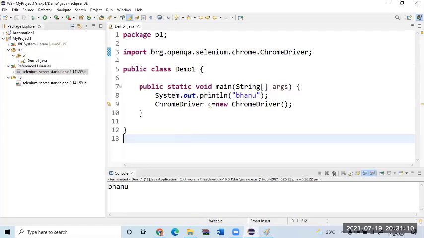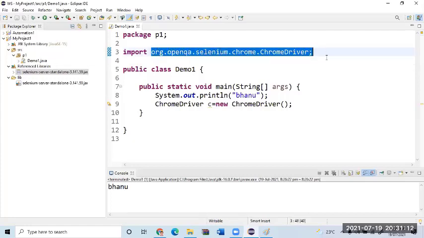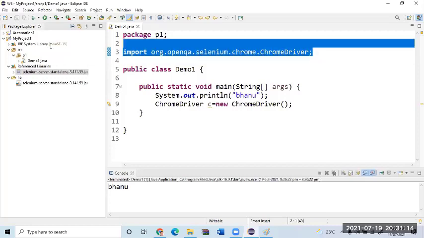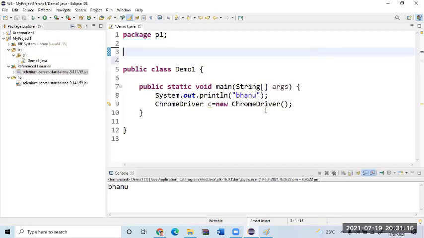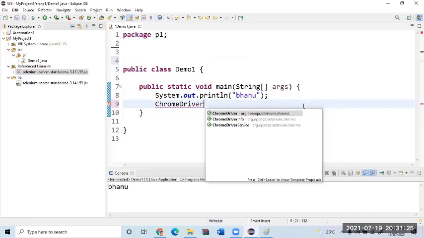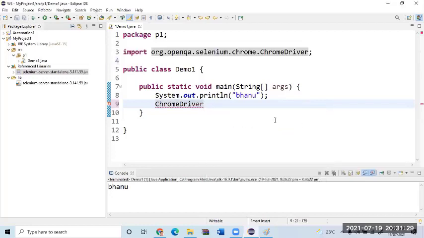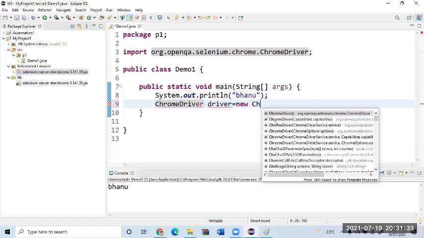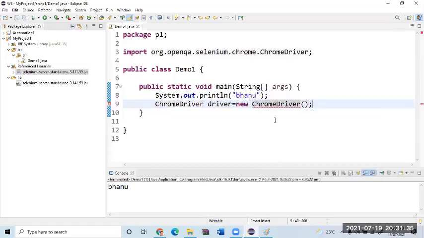And when I say import statement, did I type it? No. You cannot mug it up. What I did is very simple. Observe, when I say ChromeDriver, I type the shortcut Control Space. There I got ChromeDriver. Then I wrote driver, some name, equal to new ChromeDriver. Now let us run it and see what happens.